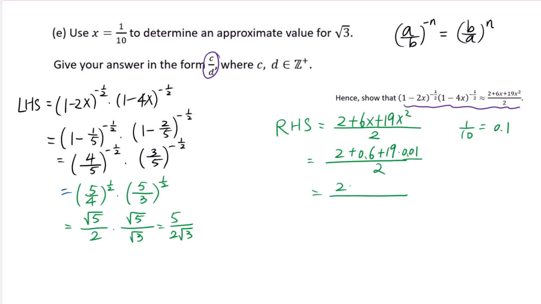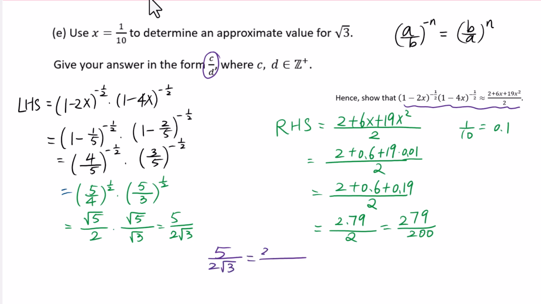Organize: 2 plus 0.6 plus 0.19 over 2, which is 2.79 over 2. Fraction: 279 over 200. These two are equal to each other, which means 5 over 2 square root of 3 equals